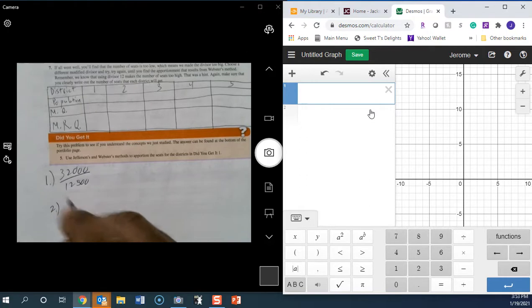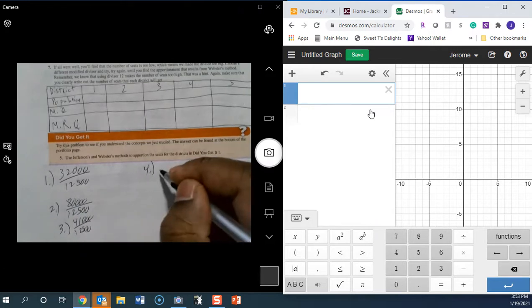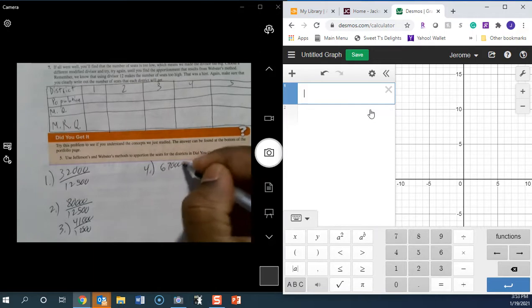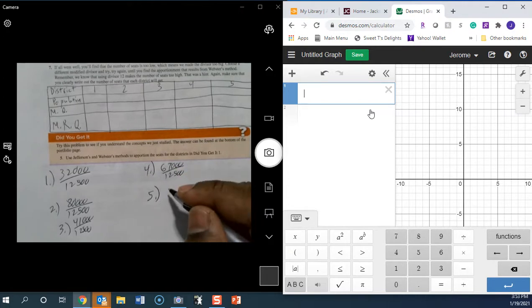District 2 will be 80,000 divided by 12,500. District 3 will be 41,000 divided by 12,500. District 4 will be 67,000 divided by 12,500. And then District 5 would be 20,000